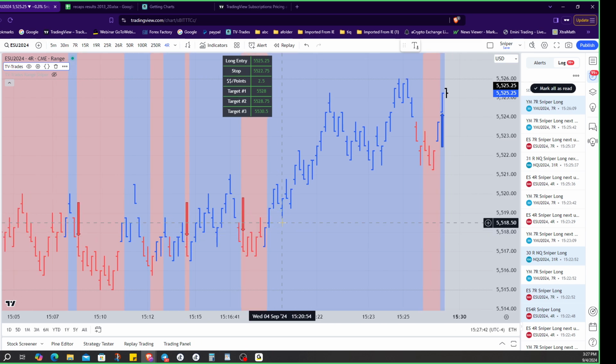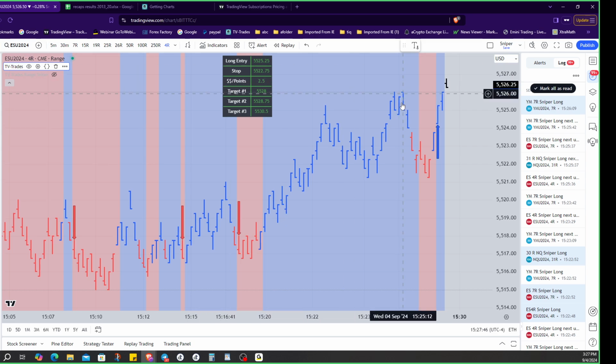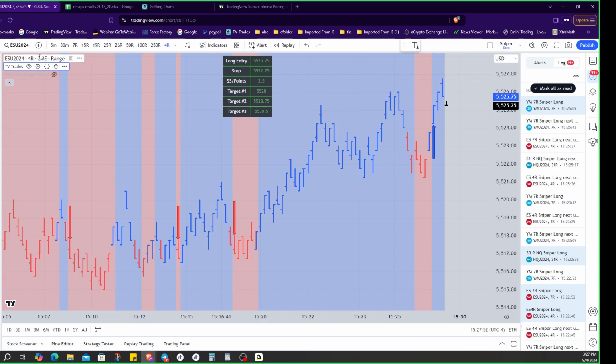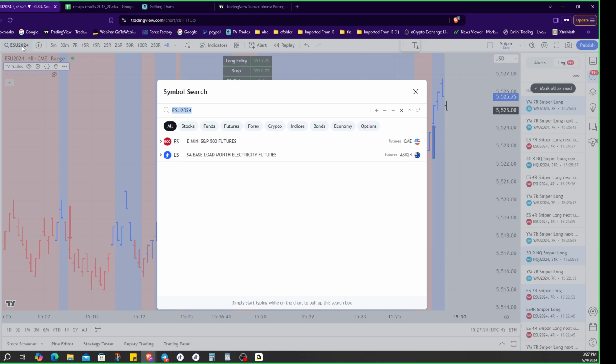Now this is with futures. So this was originally designed not so much for futures, like right here. It gave you this saying the next bar would be a long trade, and there's your long trade. But if you did this on, like, I don't know,